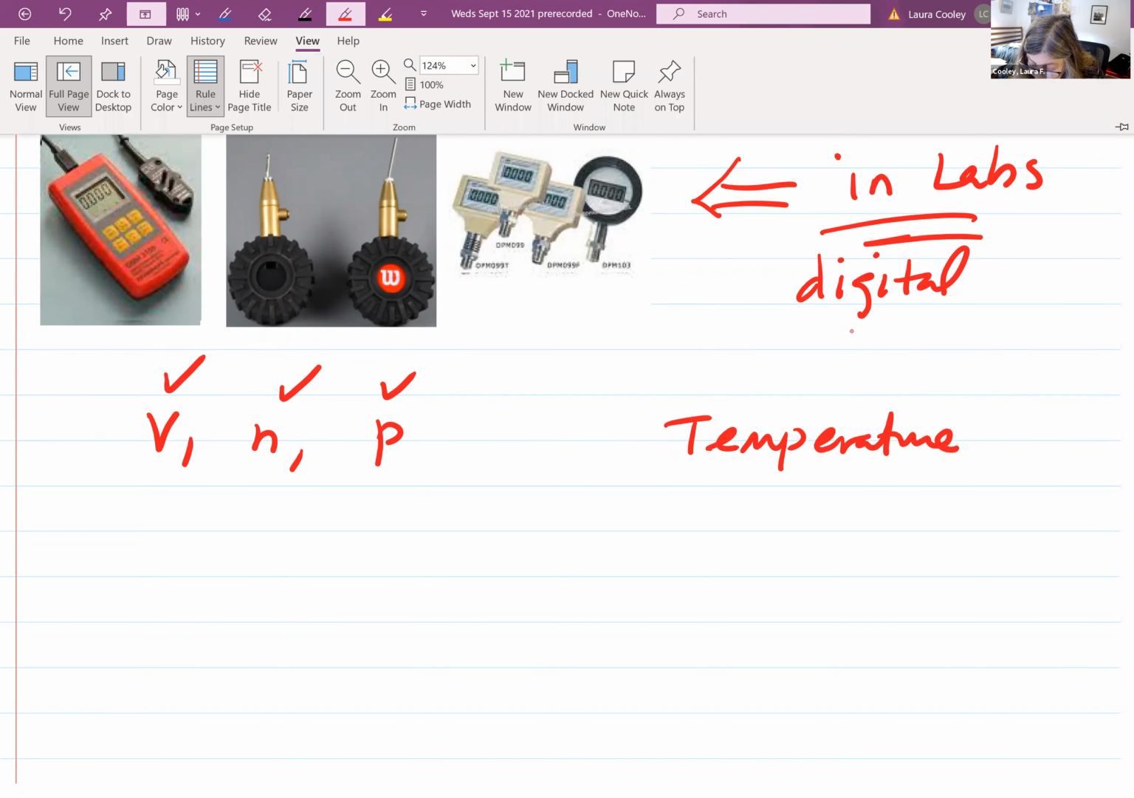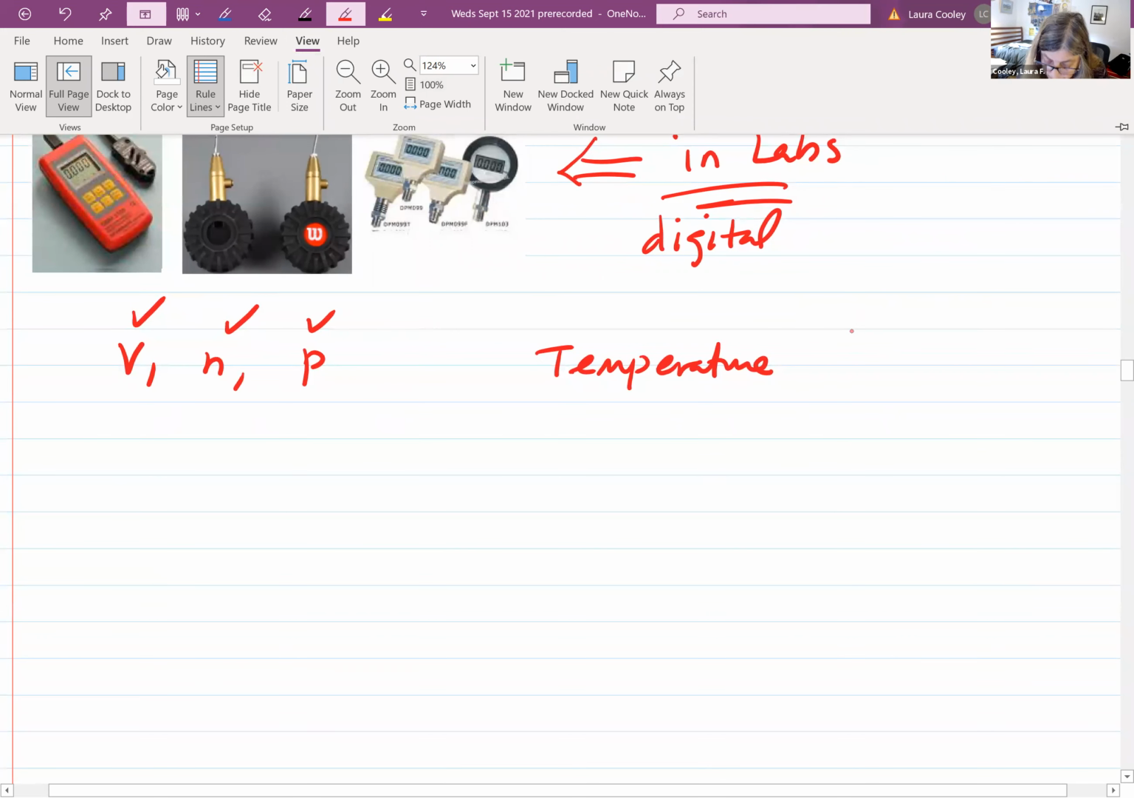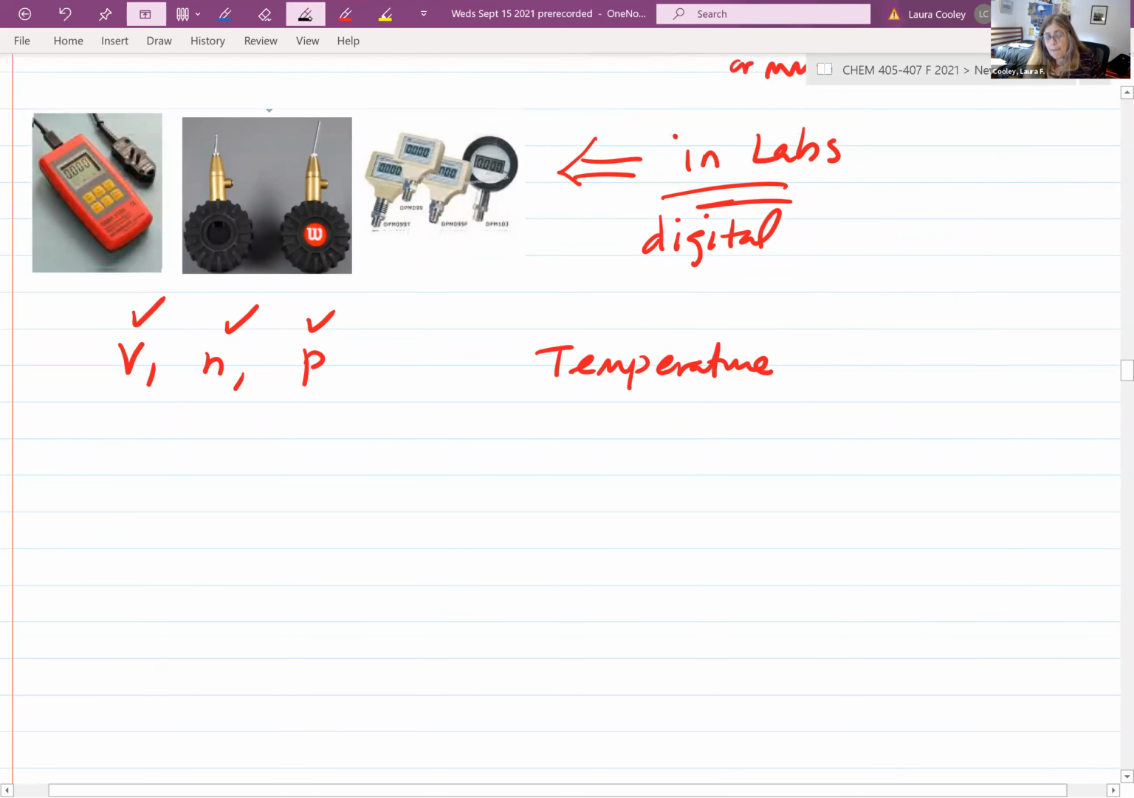Okay, temperature. Temperature is last, but definitely the most difficult concept really to understand. And also, of course, it's the most important for thermodynamics. So we spend a little bit of time here on temperature. And so temperature